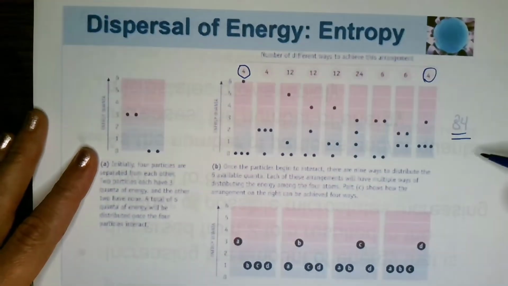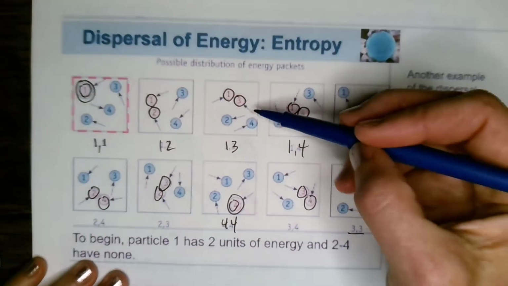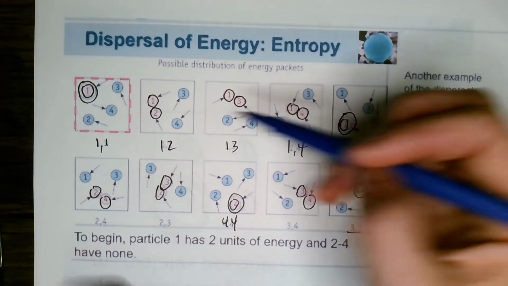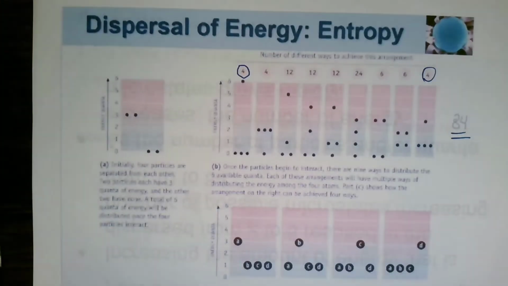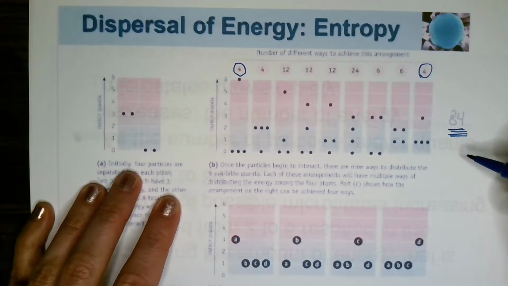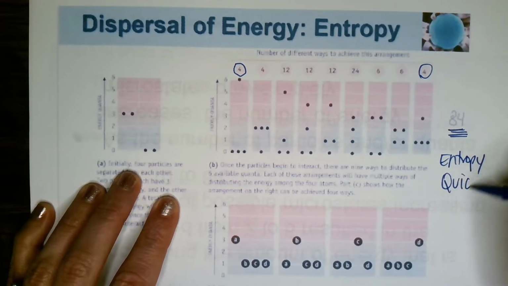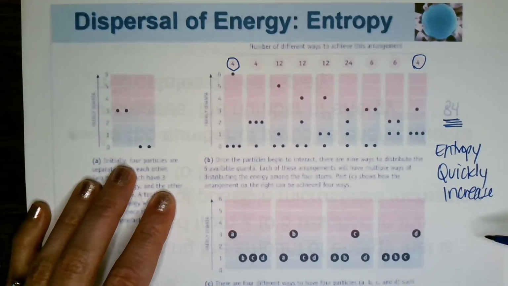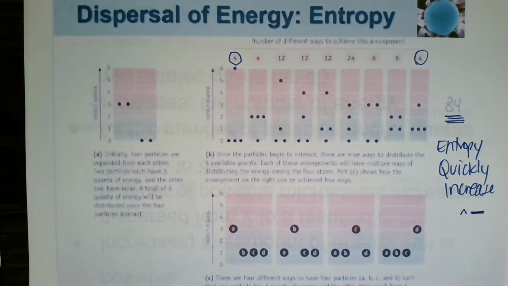And really the point is, when we were looking at just this, where we had 4 particles and only 2 quanta of energy, think of the mess, and that only had 10 microstates. We have 4 particles with 6 quanta, and notice that increase, that's huge. Entropy can quickly increase, which is logarithmic, and we can see that when we raise something to that power, how it can exponentially just